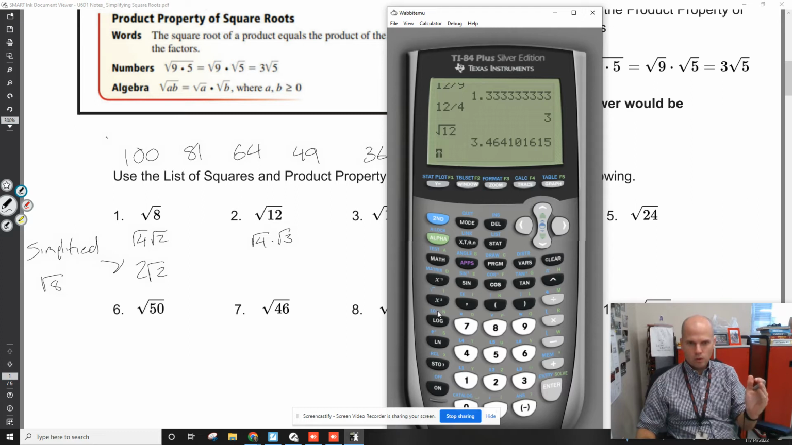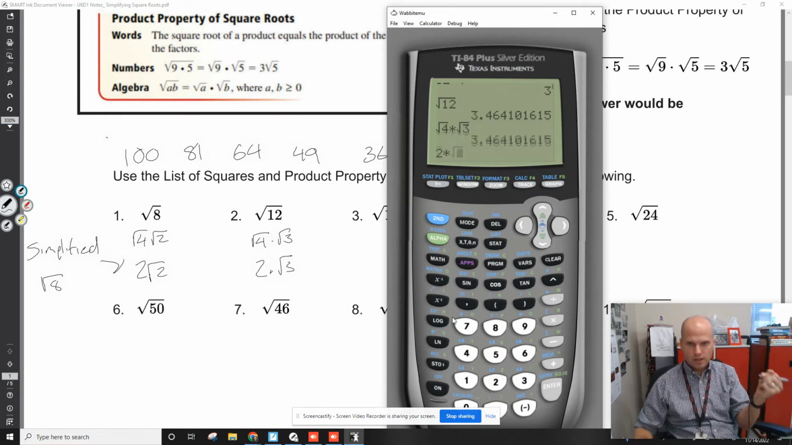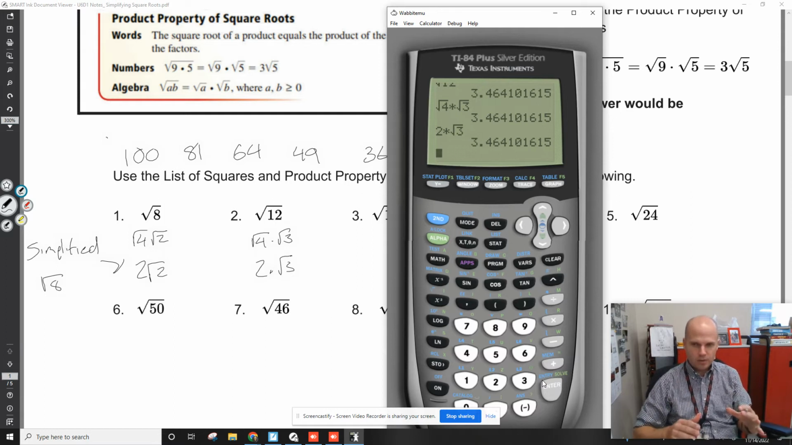3.464. Root 4 times root 3 is 3.464. The square root of 4 is 2. Like this is a perfect square. The square root of 4 is 2. 2 times root 3 is 3.464. I'm not changing what I have. I'm just simplifying it, making it